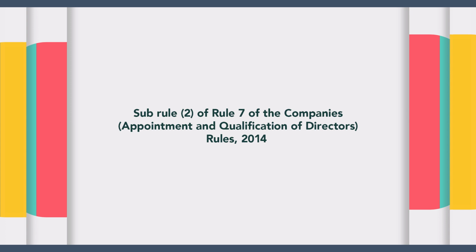Pertinently, a listed company may opt to have a director representing small shareholders suo motu. Sub-Rule 2 of Rule 7 of the Companies (Appointment and Qualification of Directors) Rules 2014 states that small shareholders intending to propose a person as a candidate for the post of small shareholders' director shall leave a notice of their intention with the company at least 14 days before the meeting under their signatures, specifying the name, addresses, shares held